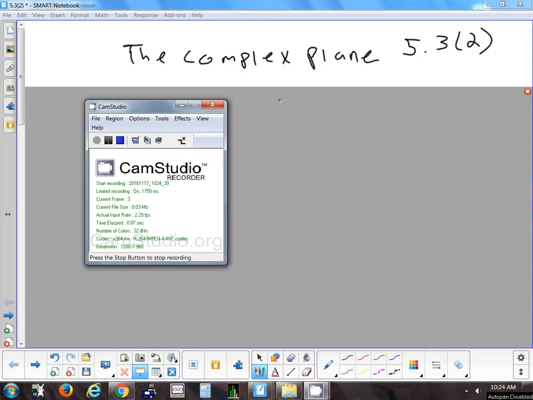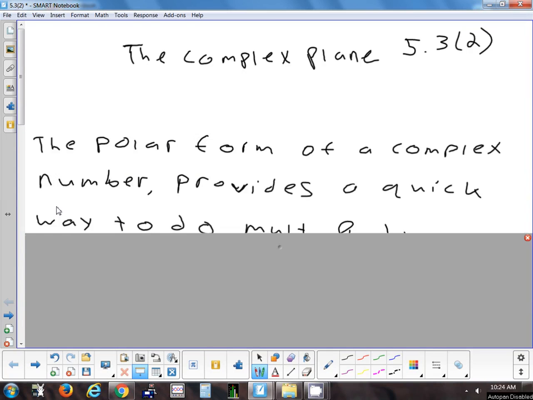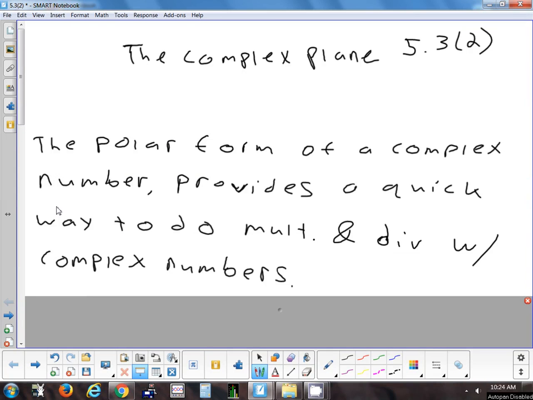All right, so last thing we'll finish up with this week is looking at why you would write a complex number in polar. And basically, that's the reason why. It gives you a quick way to do multiplication and division. Okay, and what's nice about the method I'm about to show you for multiplying and dividing complex numbers,